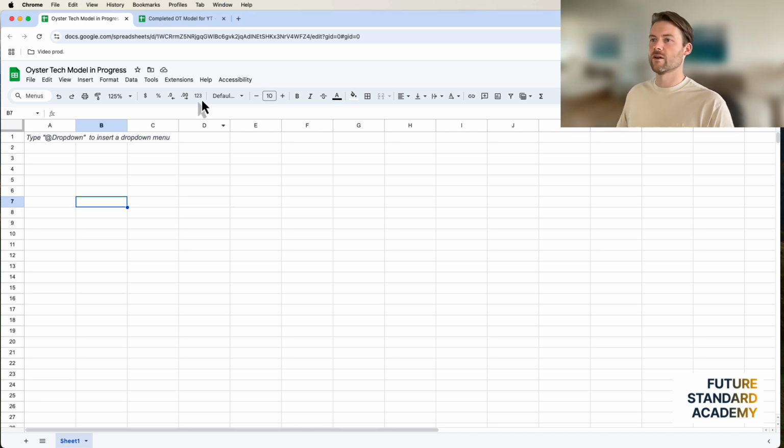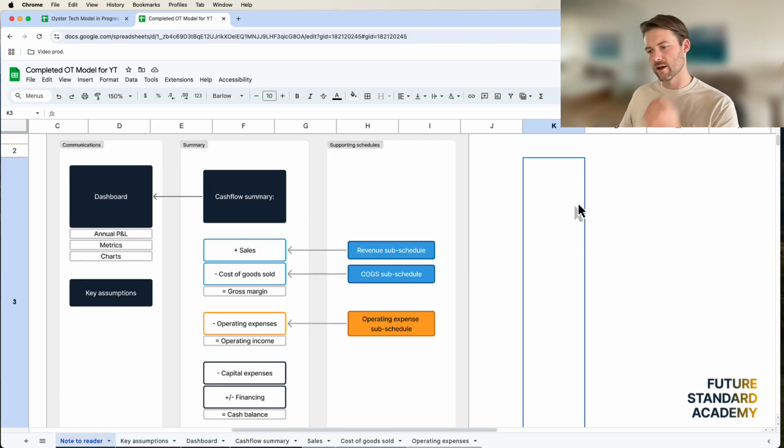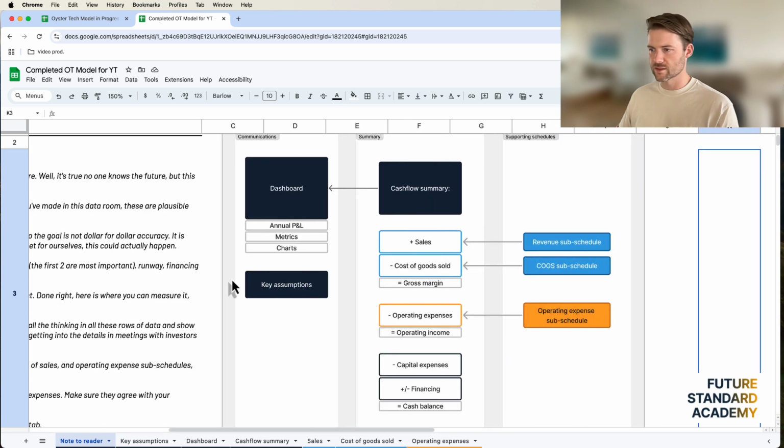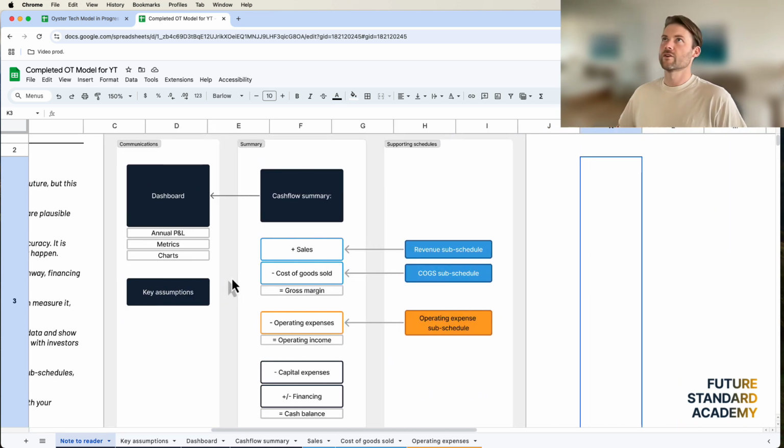Yeah. So I think first off, it probably makes most sense for me to show you what a complete model looks like, and then we'll get into building it from the ground up. So number one thing here, this is the title page for this. So I created a mock data room for a fictitious company. So the data room is complete. The company is completely fake. But I created all of the files in the data room for it. A completed data room would be ready to ship to investors. I'm not sure if this would be an investable opportunity, but it would have a chance.